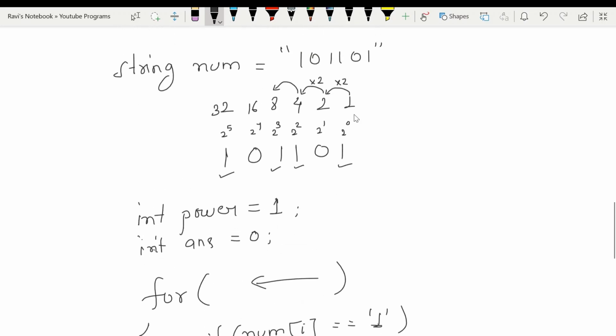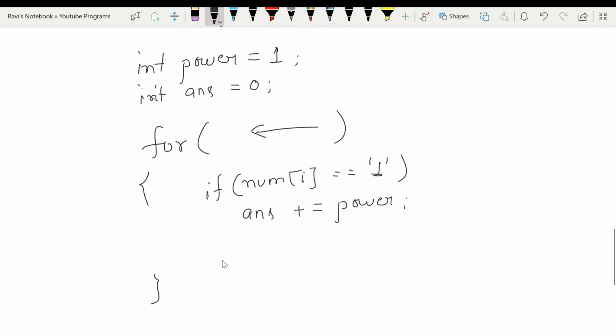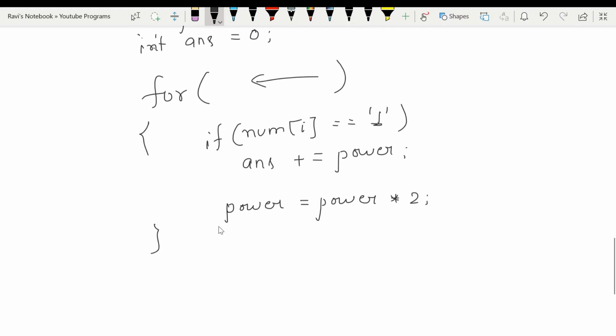Because as we are moving to the next digit, we have to multiply the power by 2. So power is equal to power into 2. That's it. And as the iteration is over, we can simply print our answer value, which will store the converted decimal value.